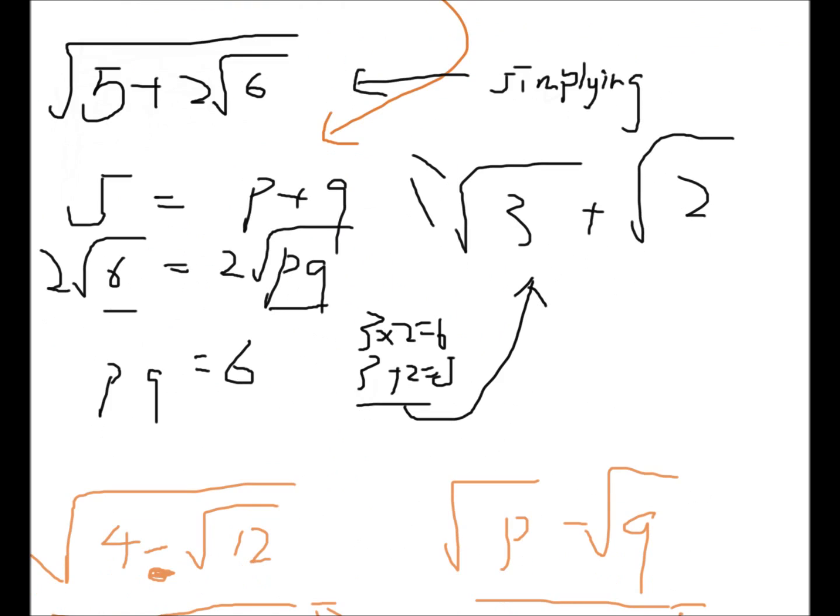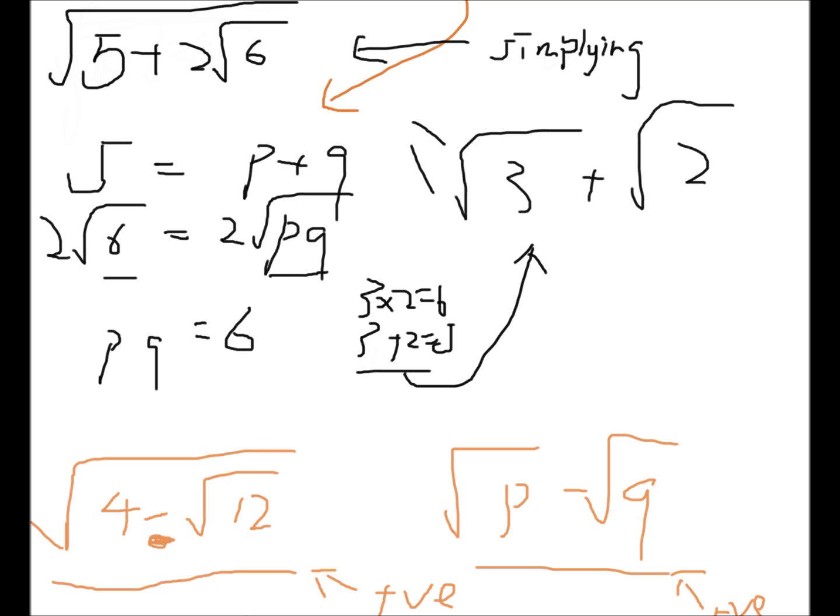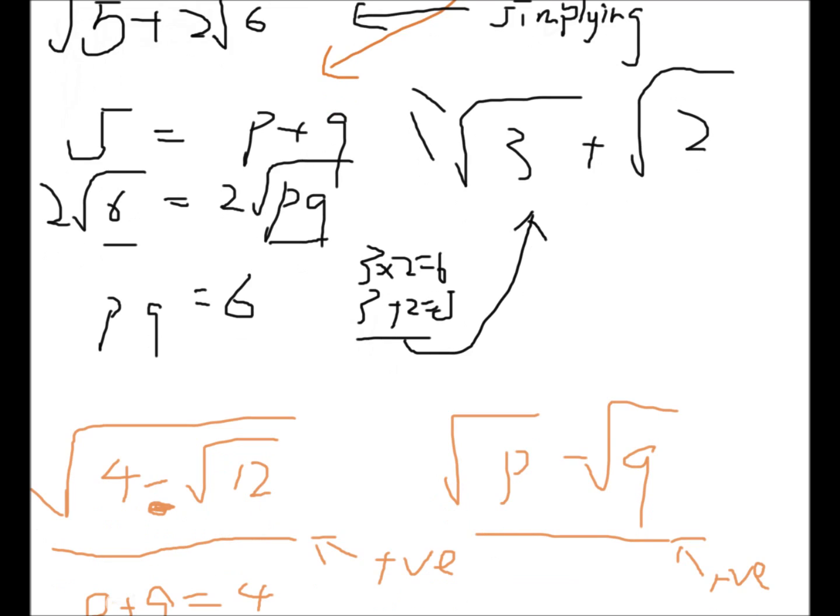For example, take the square root of 5 plus 2 times the square root of 6, the whole root. In the above case, 5 is equal to p plus q, and 2 times the square root of 6 is equal to 2 times the square root of pq. As above, we know that pq is equal to 6. So we all know that 3 times 2 is 6 and 3 plus 2 is 5. So the answer is the square root of 3 plus the square root